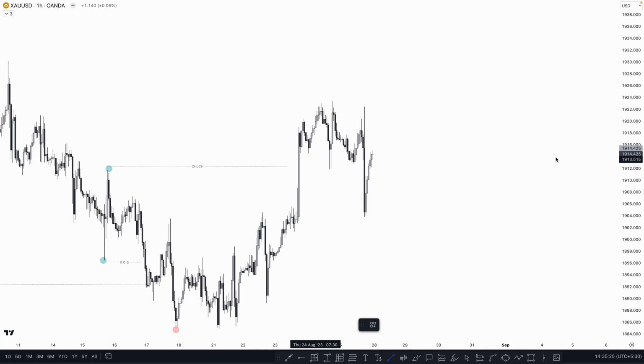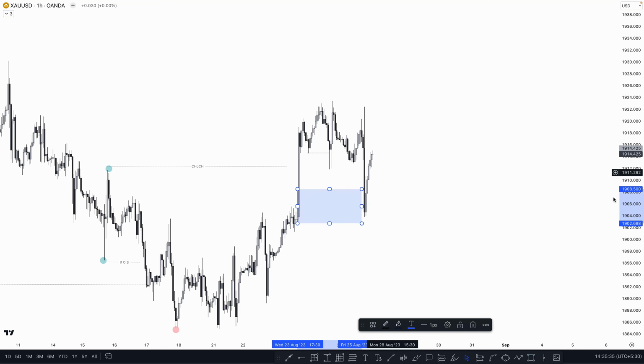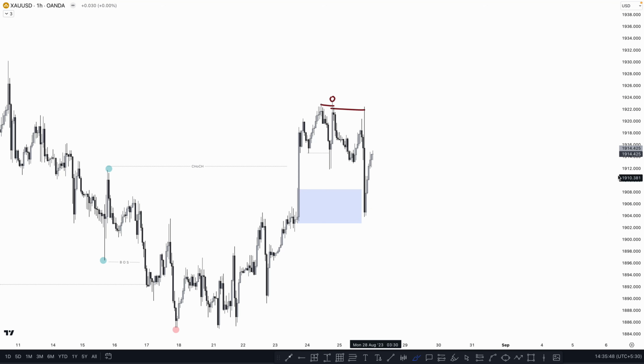So where is the inducement? Here. First inducement here, and you have to wait for it to mitigate your unmitigated order block. So which point? This one. This is the unmitigated order block here. Market taps here, gives a reaction and goes higher. Again, next attempt, what happened here? Market breaks this high, you can sell here. Market pushes downside, mitigates the same thing here, you can sell till this one. And if price taps here, which it has already tapped here, so we can continue going higher high to the upside